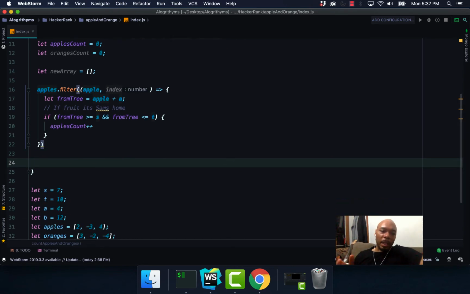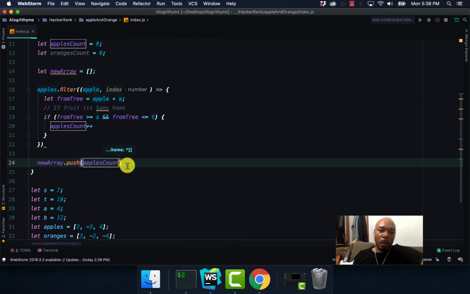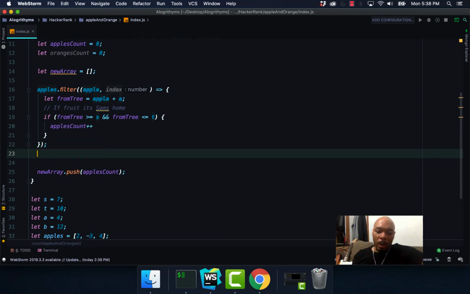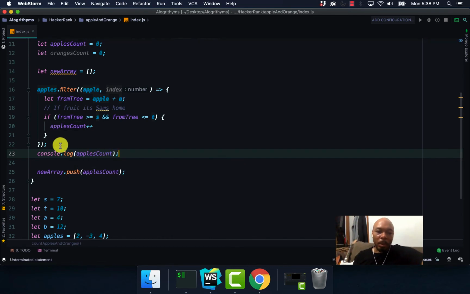And then once we actually have the value for our apples count, we're going to push that into our new array. So new array.push apples count. And for those of you who are new to JavaScript, basically when you use the push function, that automatically adds new values to our new array. So I'm going to go ahead and console log our apples count, just so we can see how many apples actually